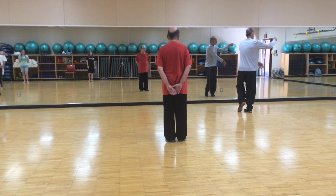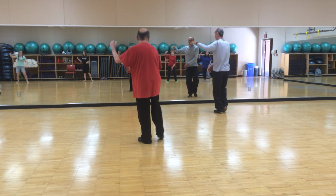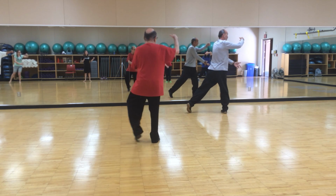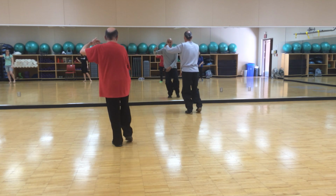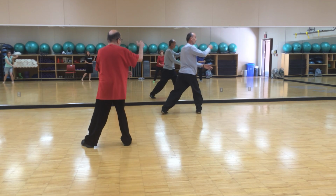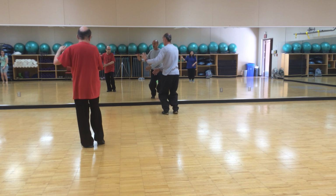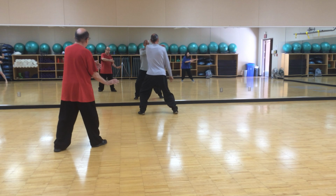Right hand, step left, weight goes to left, and step in right, and right hand, step out left, and left hand, step in right, and right hand, step left, and left, step right, right, turn, left, turn,